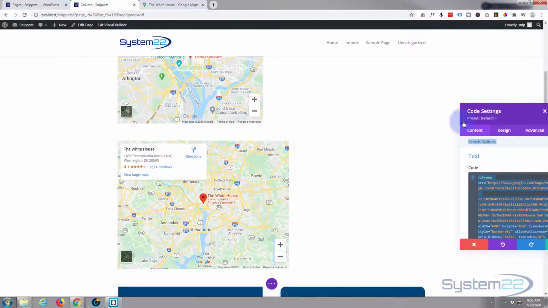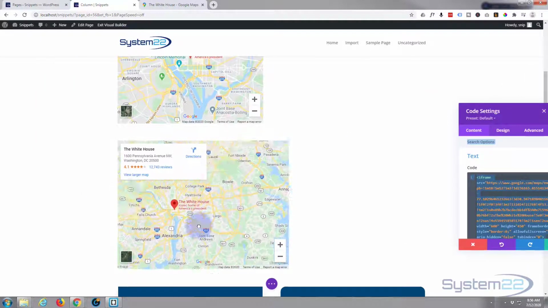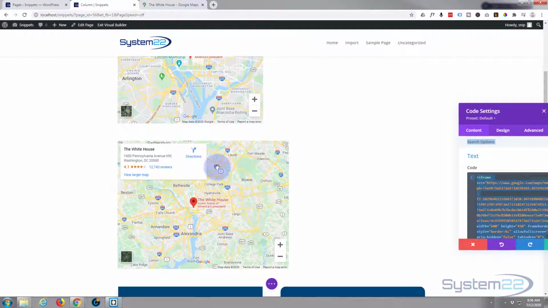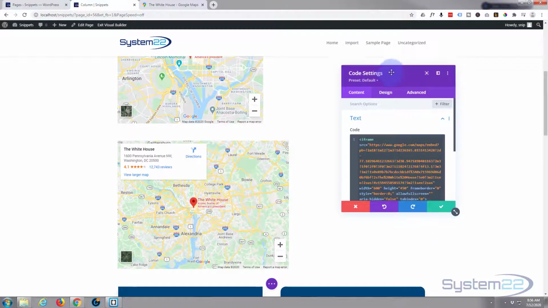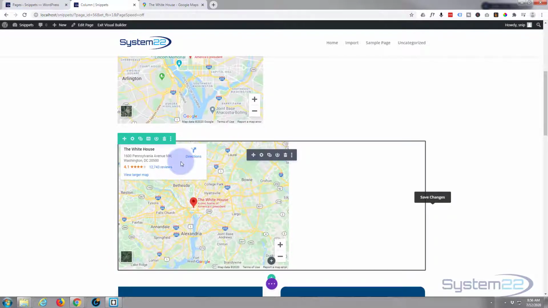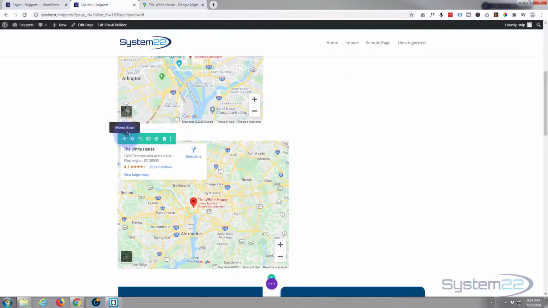I'll move this out of the way. That's actually a live map. You can scroll around, find destinations, get directions, what have you. Now, again, that's a great little thing for the code snippets. If you wanted to make that full width, we could just go in there. Let's make our